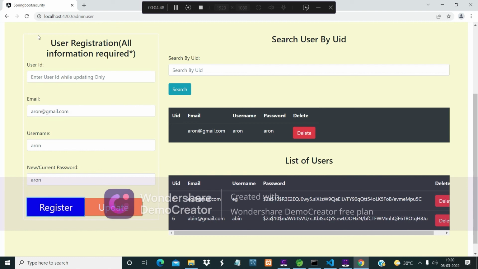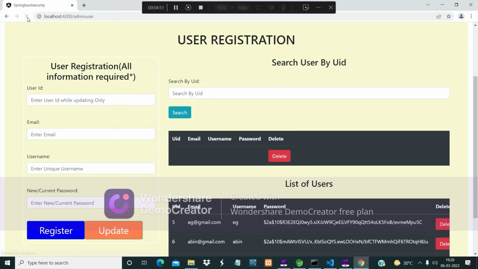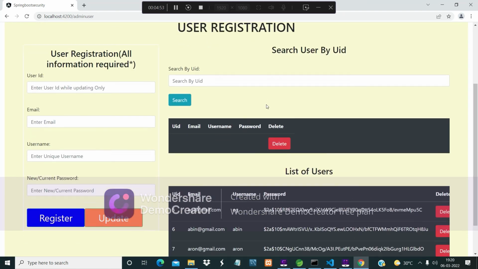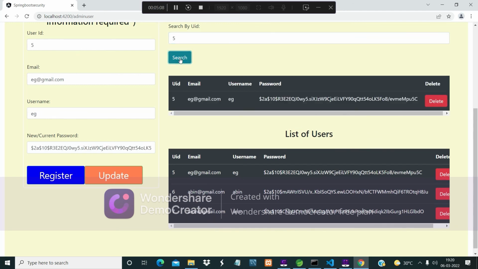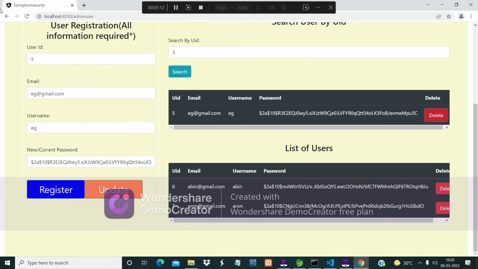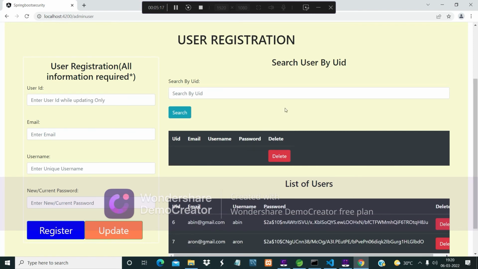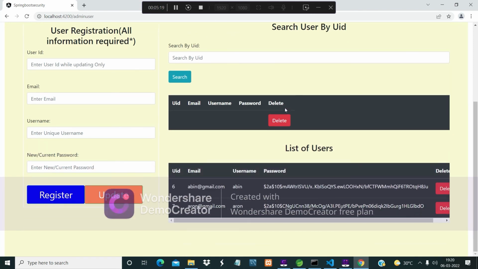It's right. Refresh the browser. I got it added, the Aaron, and I will get it by search, and I will delete it. Refresh the browser, and you will see that the UID number 5 will be deleted.